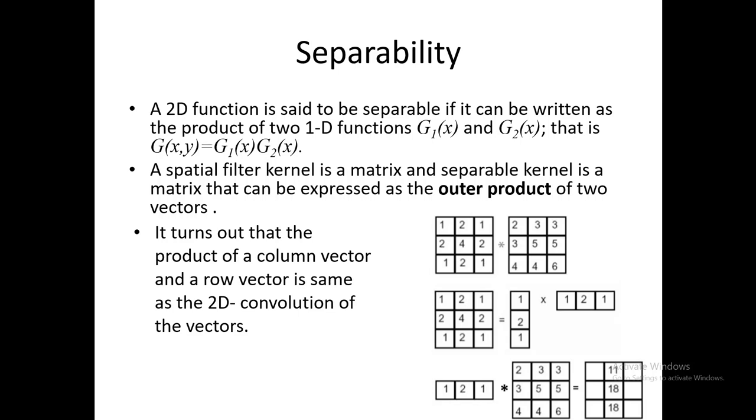It turns out that the product of a column vector and a row vector is the same as the 2D convolution of the vectors. It means that if I break this into a column vector and a row vector and perform the convolution operation separately, then the net result will be the same